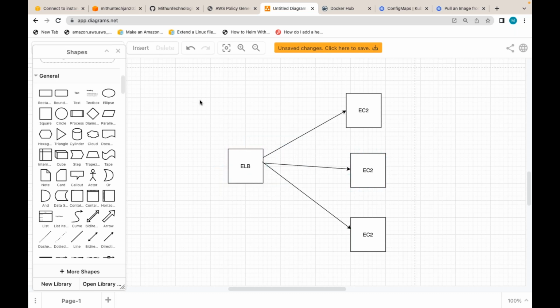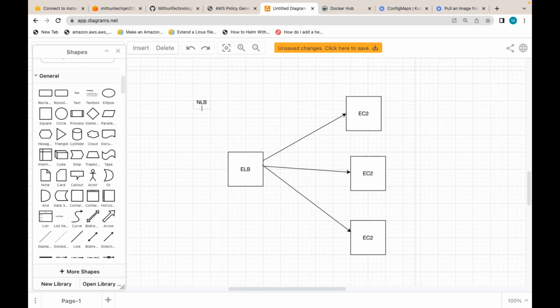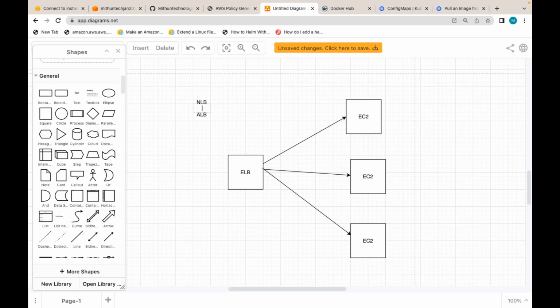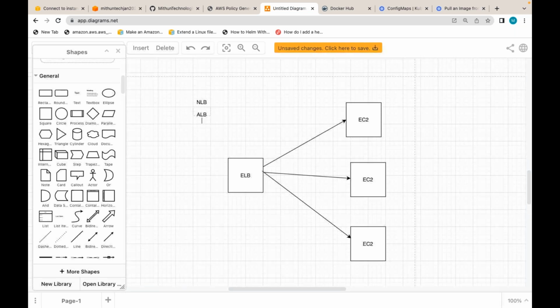Guys, remember, we have NLB, network load balancer, and we have ALB, application load balancer. NLB doesn't support application health checks, but does ALB support health checks on the application itself? Now, why is it performing health checks? If the health check fails, what ELB is trying to do is that the server will be removed from